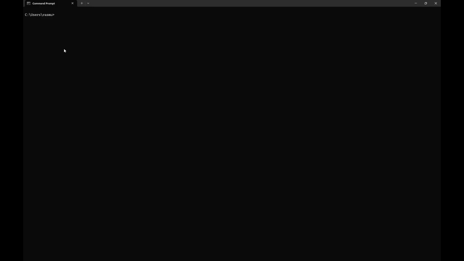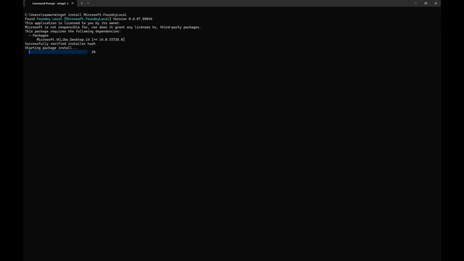So let's just go to a command prompt. In order to do this, we need to install Microsoft Foundry Local, which is just a winget package like most other tools. It will take a little time to install. But what this essentially does is give us something that can run the command line so we can begin to run AIs in a local session. This might take you a little longer the first time, based on your internet speed, of course, but I have this dependency package already installed.